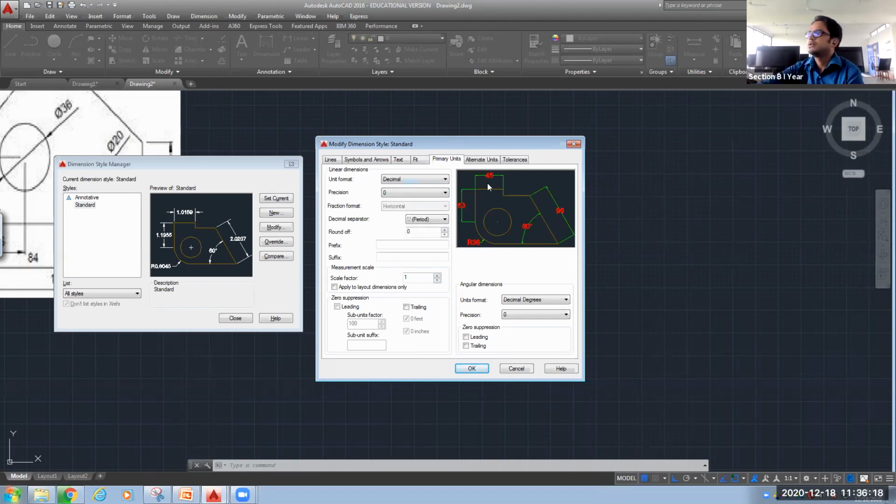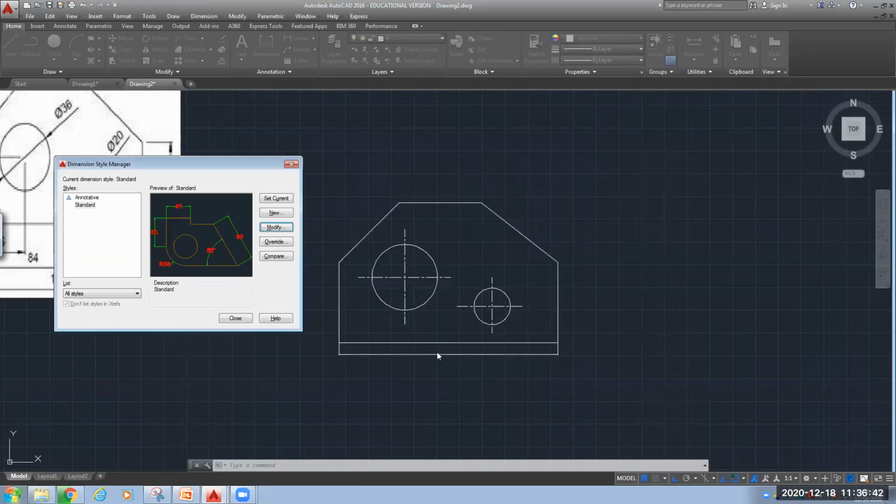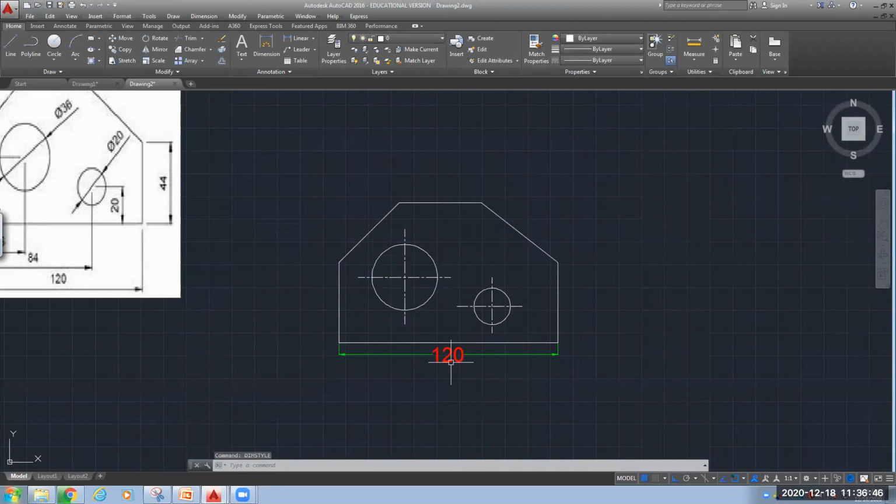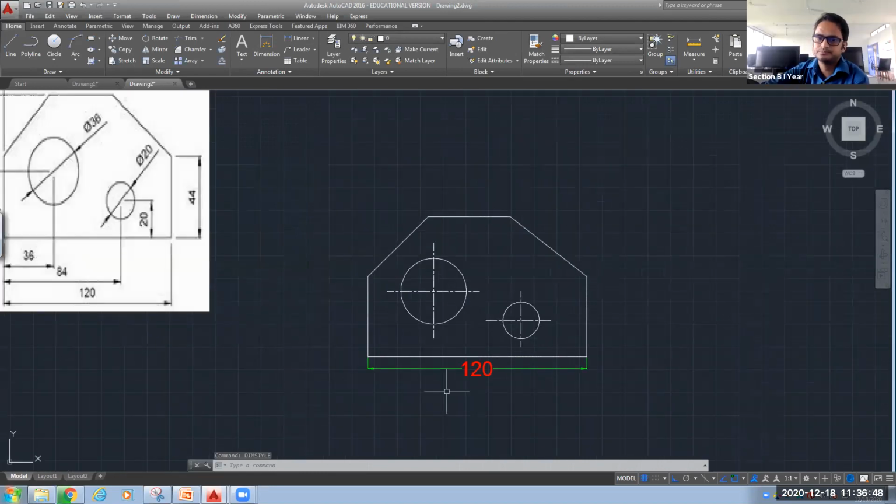Okay, so if you want anything, like suppose in your dimension you have 45.5 mm, so in that situation you have to make this precision to 0.0 or 0.00. But here in my figure there is no such dimension, so I will keep it as 0 only. Now after doing all these modifications in the dimension style, you can click OK. Click close. Now you can see the changes is reflected over here.